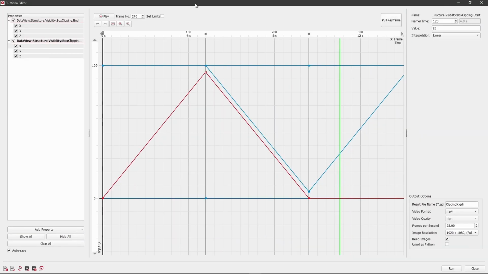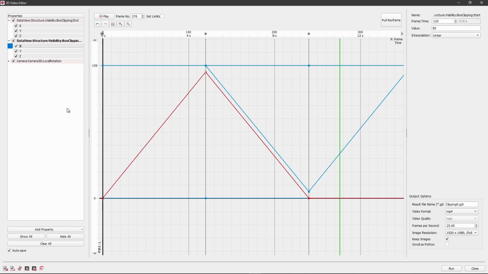To add a new parameter to animate, we right-click in the parameter panel. Alternatively, you will find the same option to add a parameter down here on this button. We add another parameter now by right-clicking in the parameters panel and choosing Camera, Camera 3D, local rotation. As already mentioned in part 1, this is the other way to control camera rotation, not via heading, attitude and banking, but by rotating the local axis of the domain.